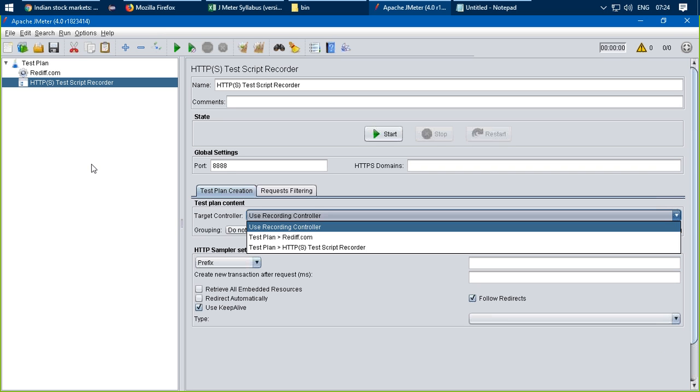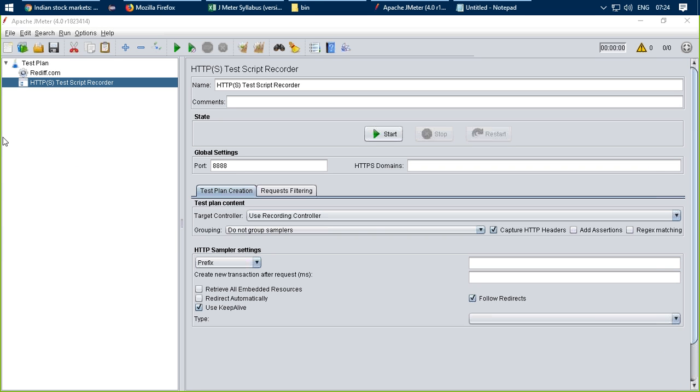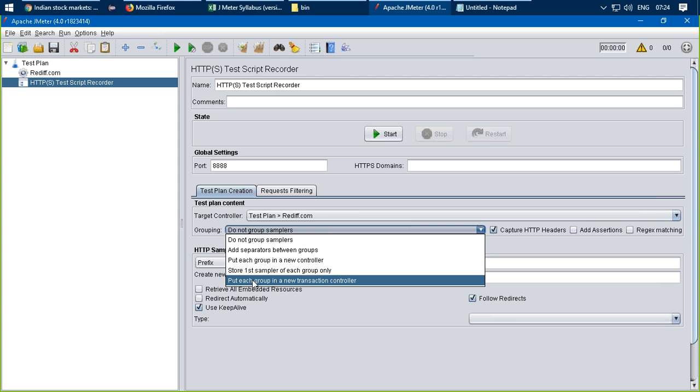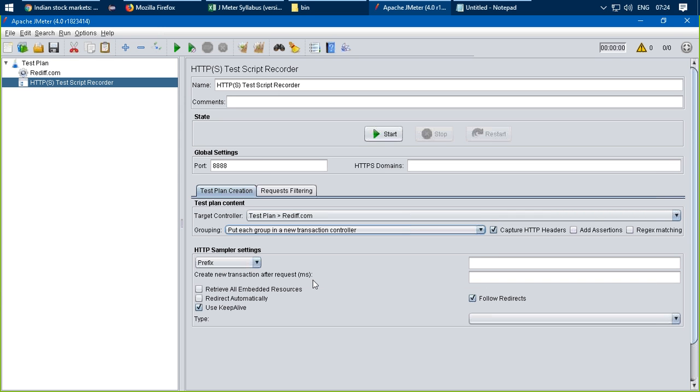Okay, so which controller do we have to provide? We have to provide this particular controller, say rediff.com. Now we want to group samplers as well, so I will be grouping samplers in this transaction controller. Okay, and then I'll check for assertions as well. Okay, I'll leave it. Now the prefix, say the first thing is say rediff